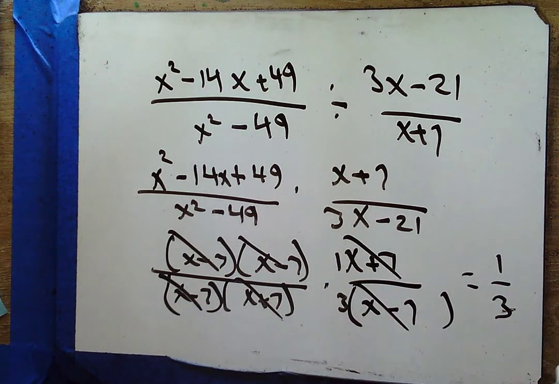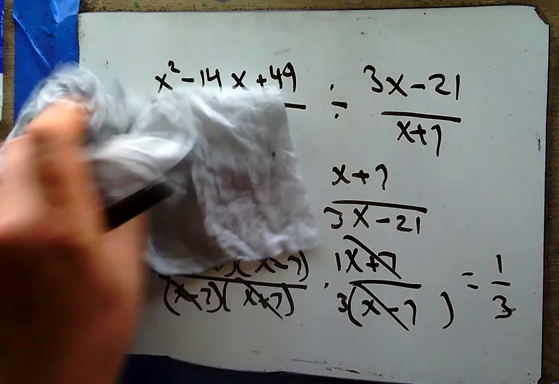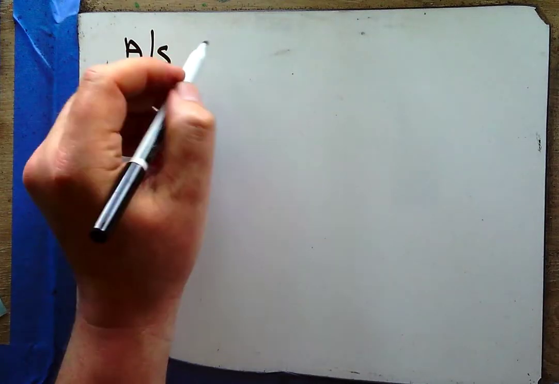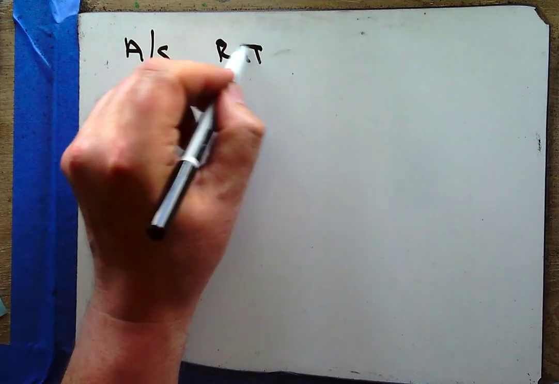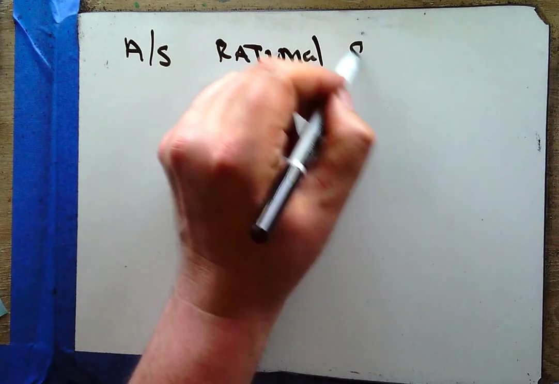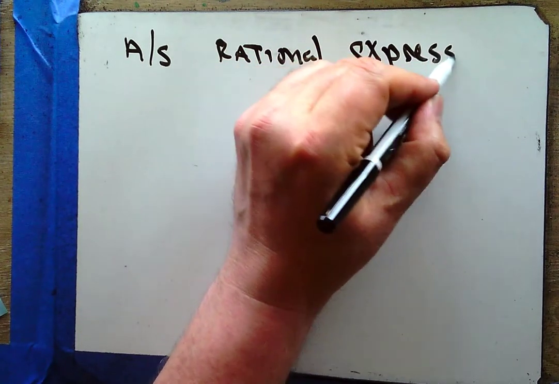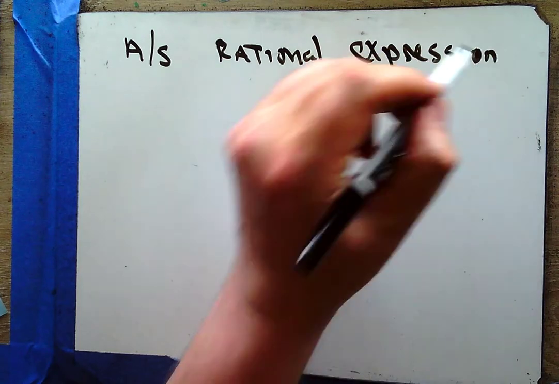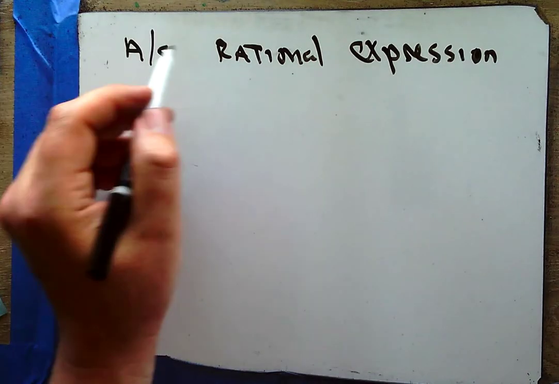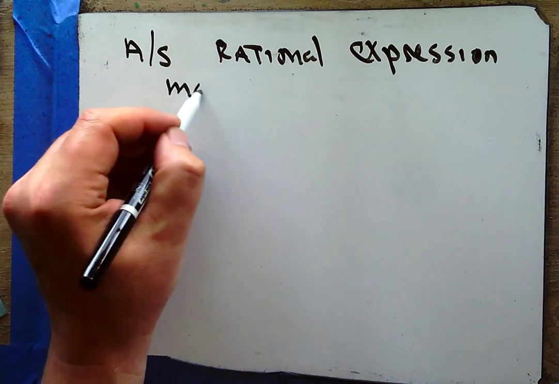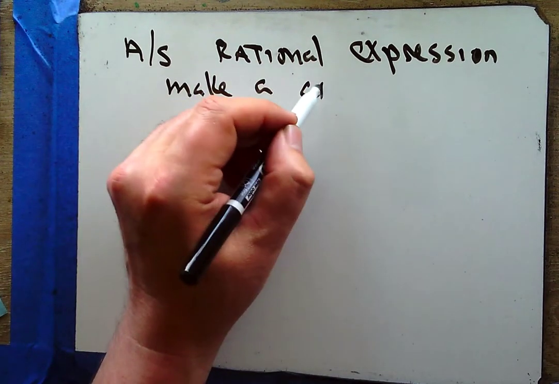Well, that's pretty elegant. Okay, so we've done simplifying, we've done multiplying, we've done dividing rational expressions, and now it's time to add or subtract rational expressions. And with adding and subtracting, just like with fractions in middle school, we need to make a common